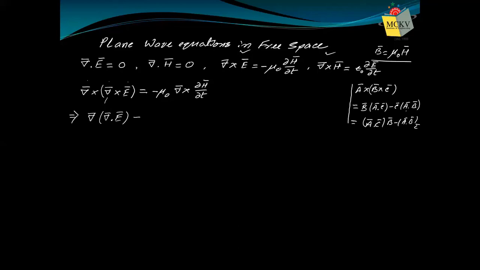Minus, next, what do we need to write? C. C is E. So this is E, that means C, times A dot B. A dot B means del dot del. What will be that value? Del dot del is actually del squared. A dot A, what will be the value? A squared. So del dot del is del squared. So this is what we get.